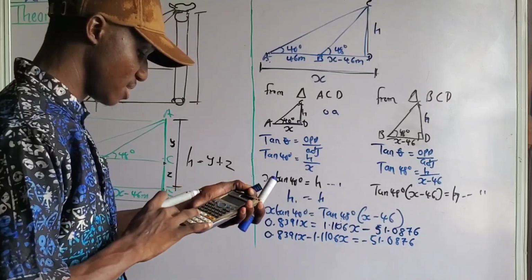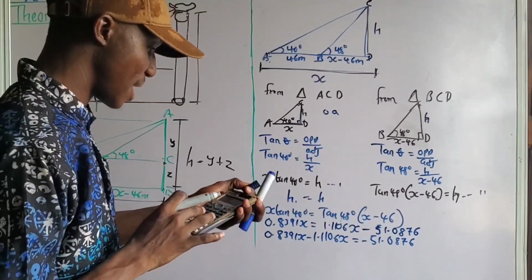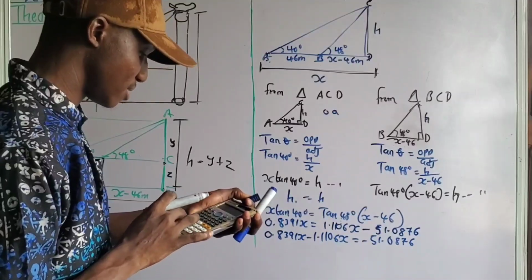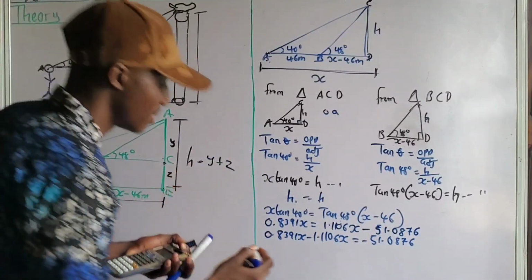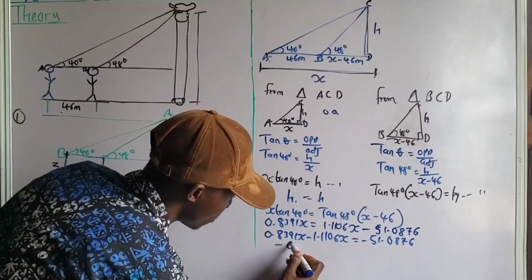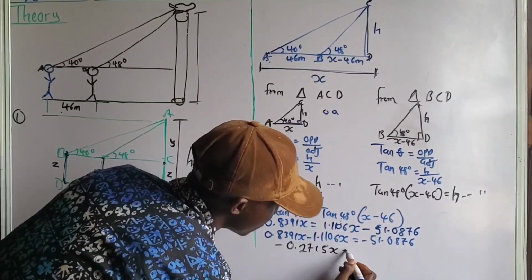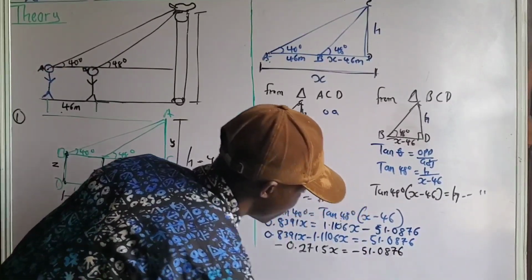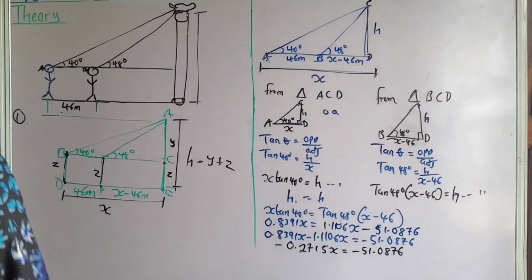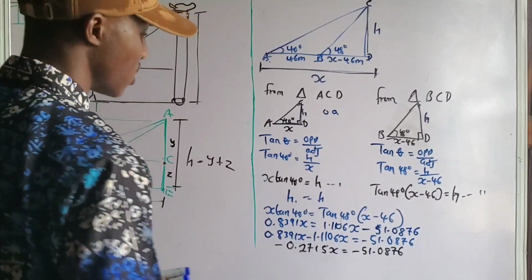0.8391 minus 1.1106. That is negative 0.2715. x equals minus 51.0876. Okay, so now from this point we can get the value of x by dividing both sides by minus